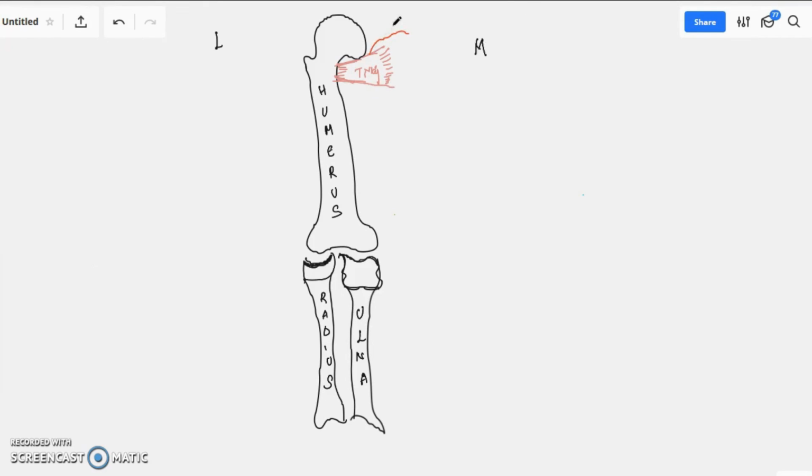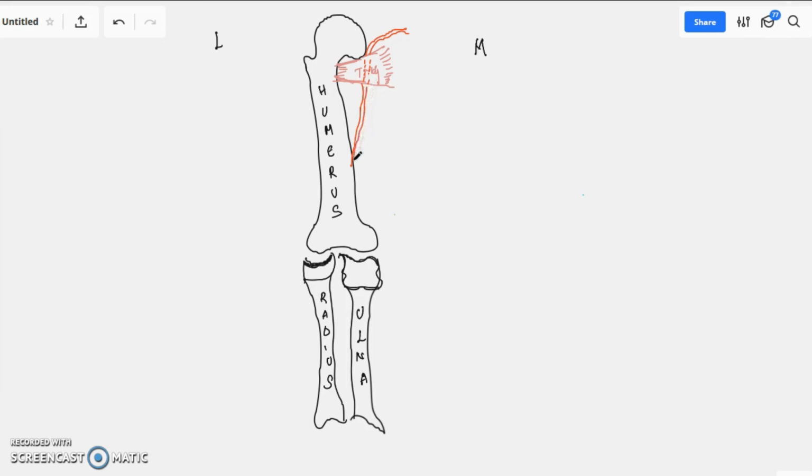So we have the axillary artery coming from the axillary region, and it is going to reach the lower border of the teres major muscle. We will call this artery the axillary artery till the lower border of teres major muscle. Then after it reaches the lower border of teres major, we will call that same artery the brachial artery, because it is going to be related to the arm region. So this is the brachial artery, which is coming from the lower border of teres major.